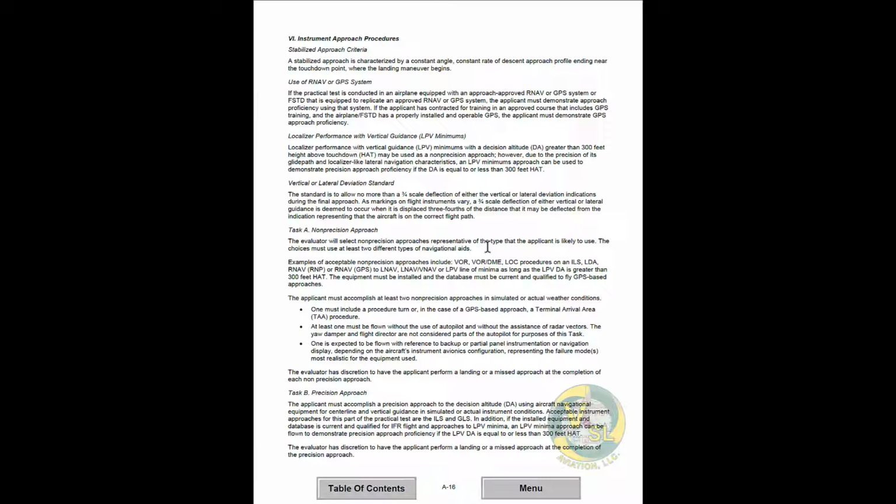They can only fly GPS approaches. So right now you can't do a check ride in a plane that's equipped like that. You can't, because it says the choices must use at least 2 different types of navigational aids. And so if you only have GPS, there's no way you can successfully do this task. Now, most certified aircraft still have traditional ground-based navigational equipment on board. So in that case, remember it says if it's equipped with GPS, we have to do a GPS approach. And we have to select 2 non-precision approaches, and they have to be